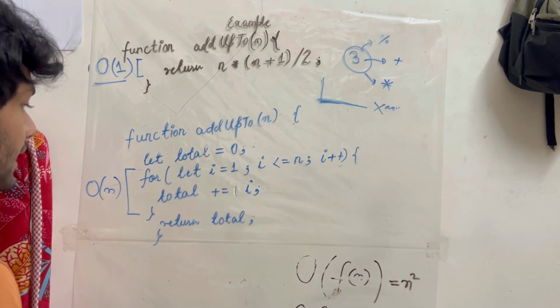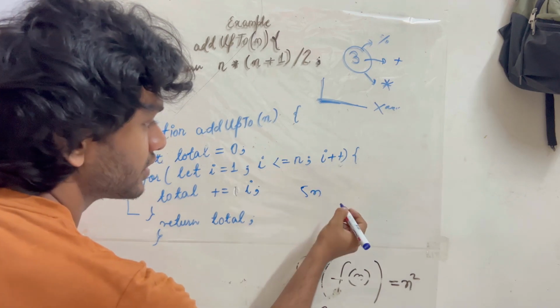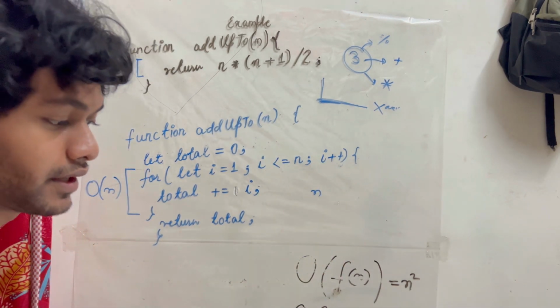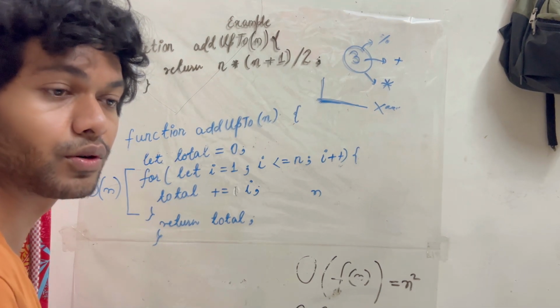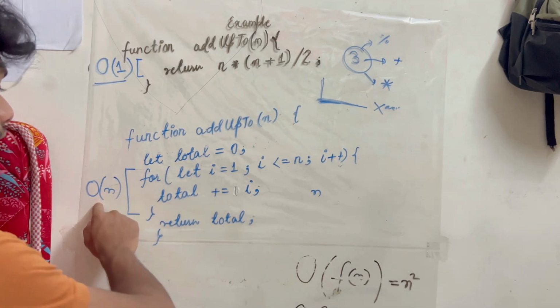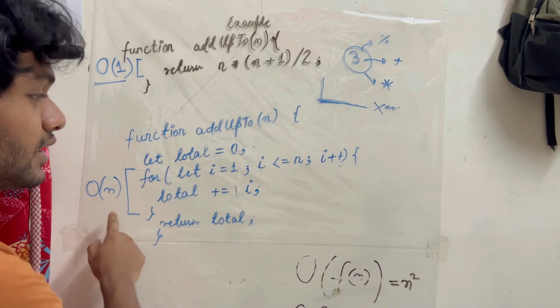Actually 5n operations were done, so 5n could be simply written as n in a more simplified way, because big O is just a fuzzy representation, a rough representation. So its fuzzy representation is O of n. So it is a linear